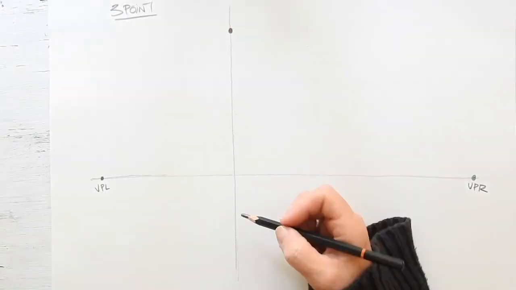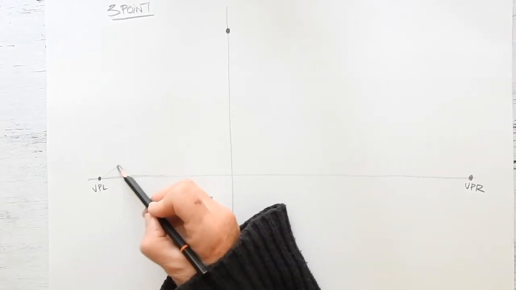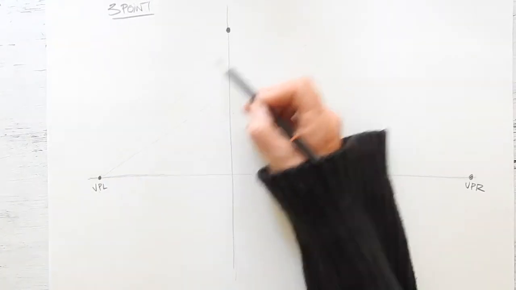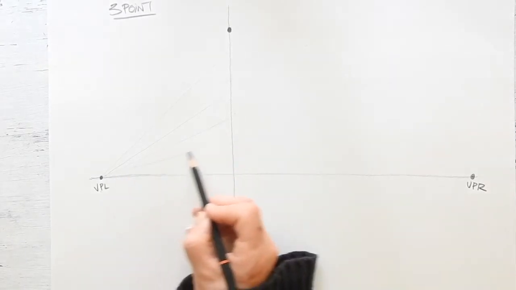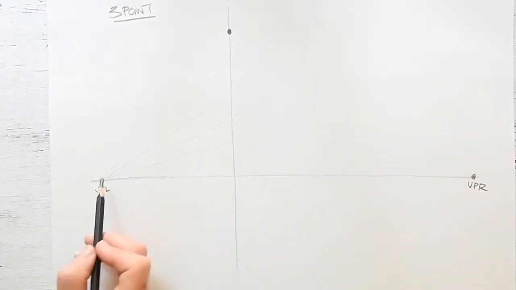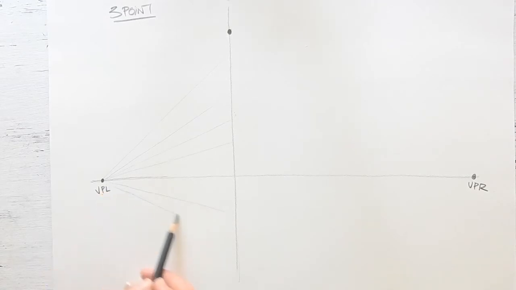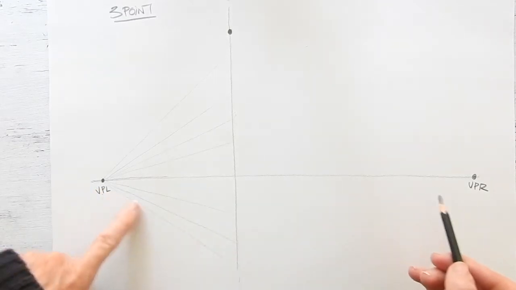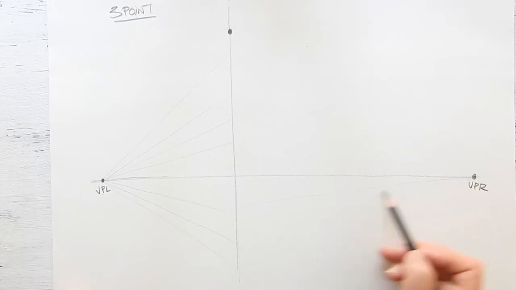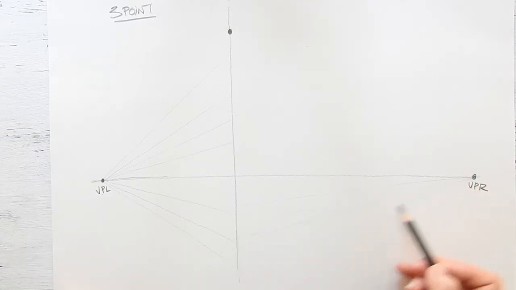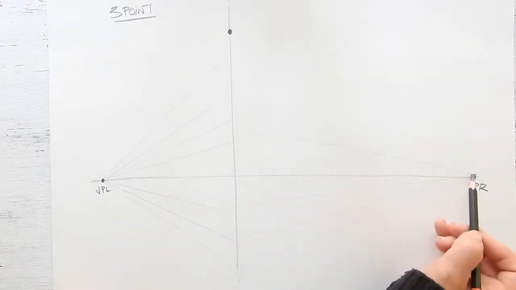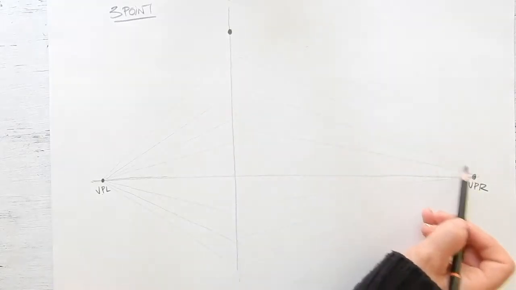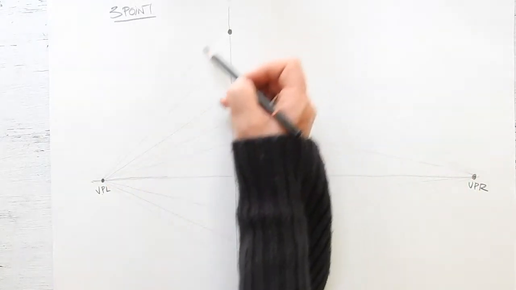So the rule in 3-point is that each edge is converging to a vanishing point, either on the left, the right, or the top or the bottom, wherever that's situated. And in the same way that we modeled this 3D space with 2-point, I'm just going to use my pencil and make some light guidelines. From the vanishing point, I'm just going to go to the edge. These just help me see a bit of a grid work of 3D space. I find it very helpful.